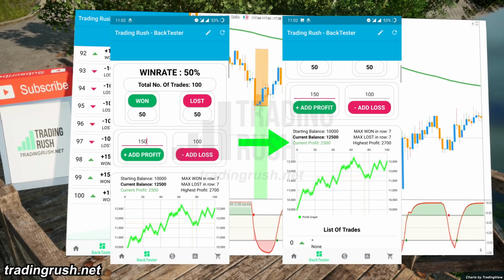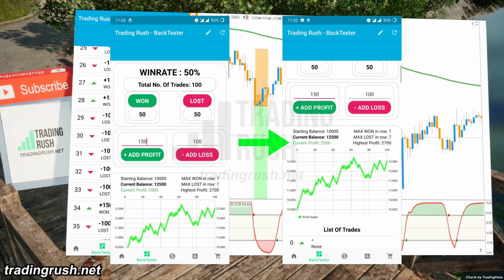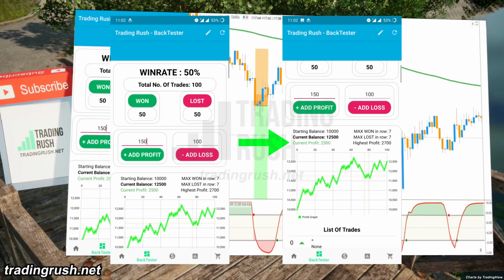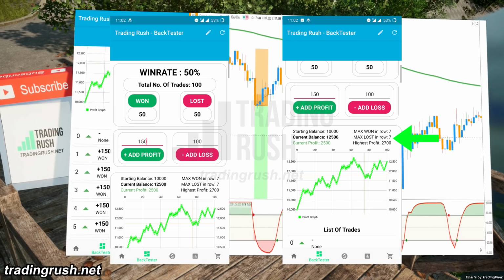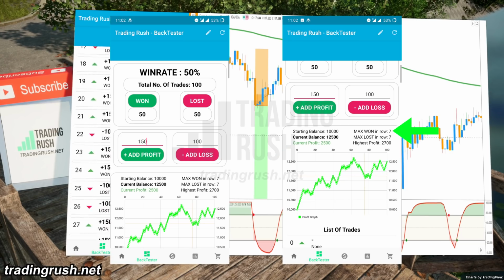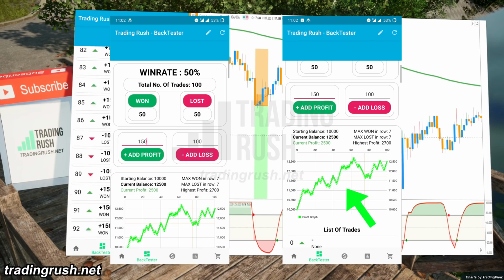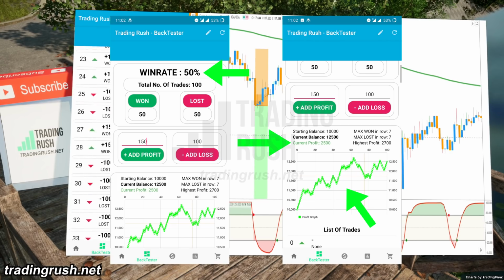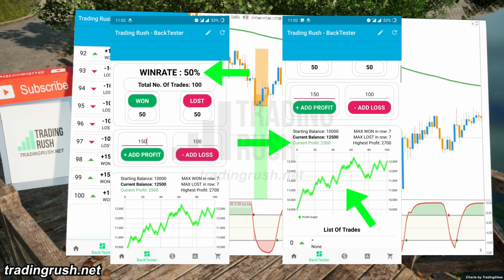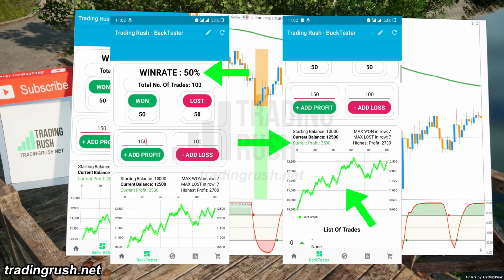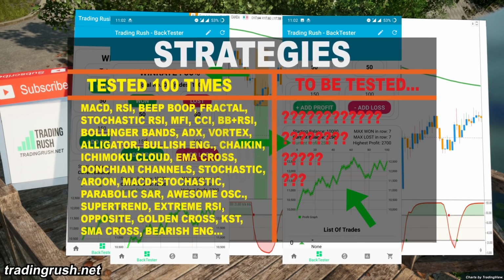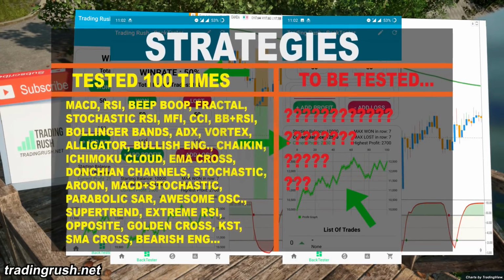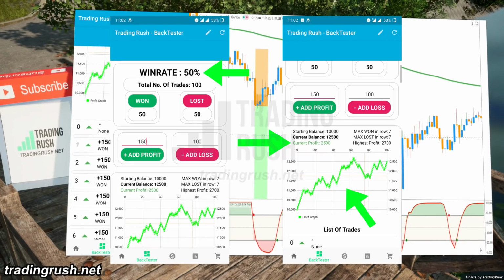In the official Trading Rush app, the Schaff Trend Cycle trading strategy made a profit. It made a profit of 2,500 and had the same winners and losers in a row, just like the total number of trades won and lost. The profit graph in the Trading Rush app also looks good and is going up. Overall, the Schaff Trend Cycle indicator managed to make money. Maybe not as much as some other trading strategies we have seen on this channel, but money is still money.